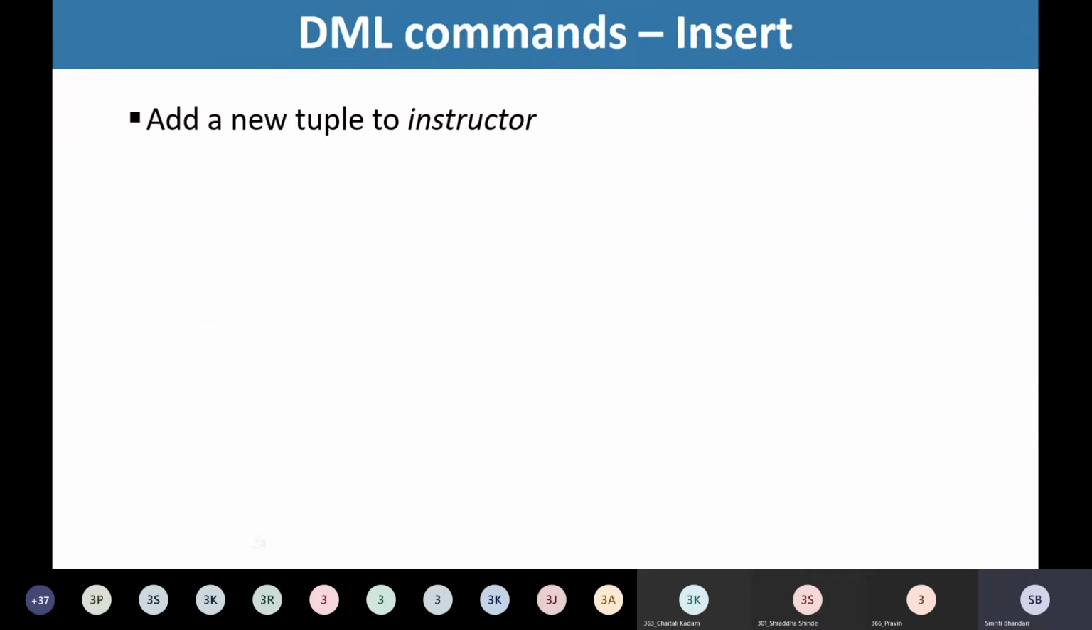So let us see the example. Suppose we want to add a new tuple to the instructor table. So we should know what the attributes of the instructor table are. We have ID, name, then department name, right, and salary. So if I want to add a new record of